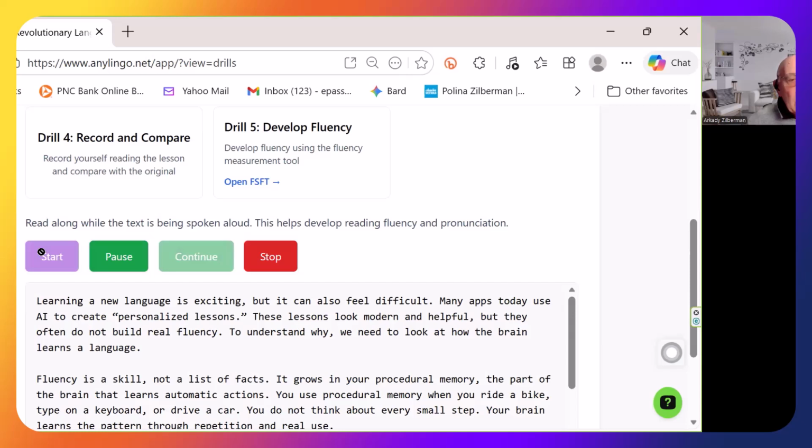Learning a new language is Learning a new exciting, language is but it can exciting, but also it feel can also difficult. feel difficult. Many apps today Many use apps AI to today create use AI personalized to create lessons. personalized lessons. These lessons These look lessons modern and look modern helpful, and but they helpful, often do but they not often build do real not bring fluency. real fluency. To To understand why, understand we why, need to look we at need to how the look at brain learns how a the language. brain is learning a language. Fluency is a